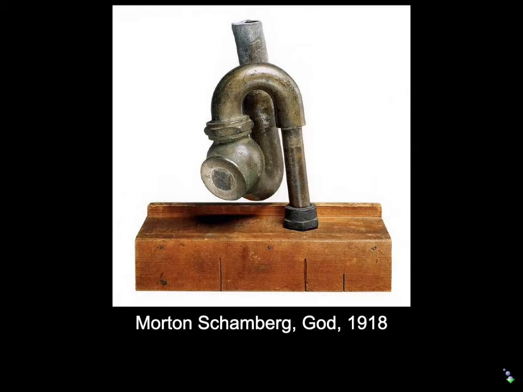What you're looking at here is a wooden platform, which is actually a miter box, a carpenter's miter box, which is a little box that's used to help a carpenter cut correct angles at 90 degrees or 45 degrees or 30 degrees for carpentry. He's taken that miter box, he's turned it upside down. You can see 3 slots there on the side of it for the 90, the 45, and the 30 degree cuts. And then he's taken plumbing, a sink trap actually, and mounted that so that it rises up in this kind of curving form, and entitled it God.